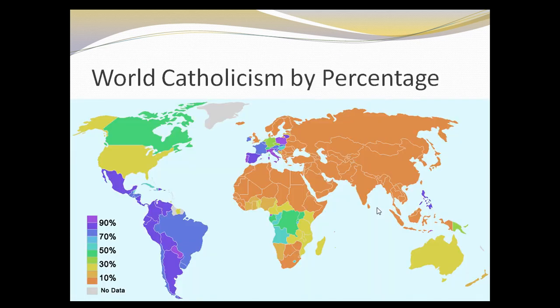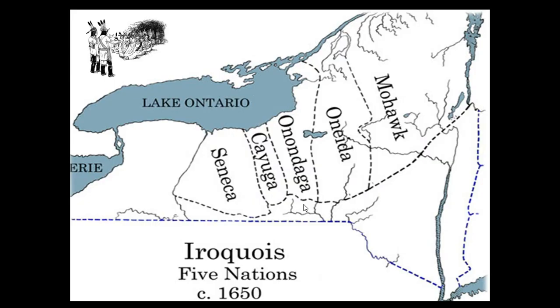Here you can just see Catholicism, and if you look at the percentage of people who are practicing Catholics today, especially in Latin America, parts of Asia, parts of Africa, and certainly in parts of Europe, it's an organization that really transcends borders and is quite critical. And that picture there shows you a little bit about the Iroquois and where the different groups were and how they bonded together at times in order to provide for a collective military organization when they were threatened.